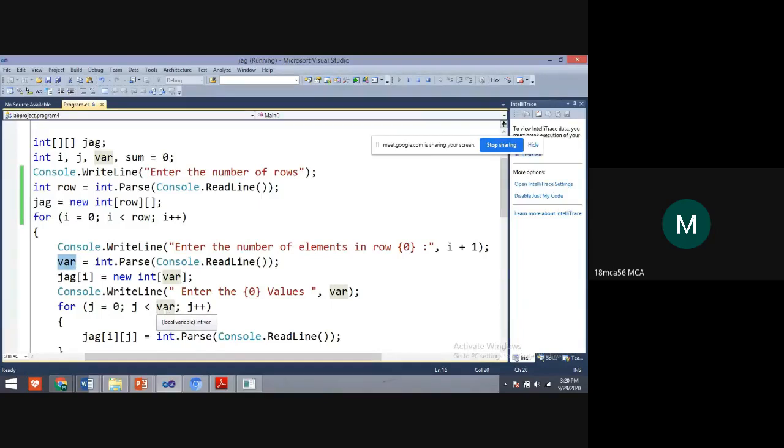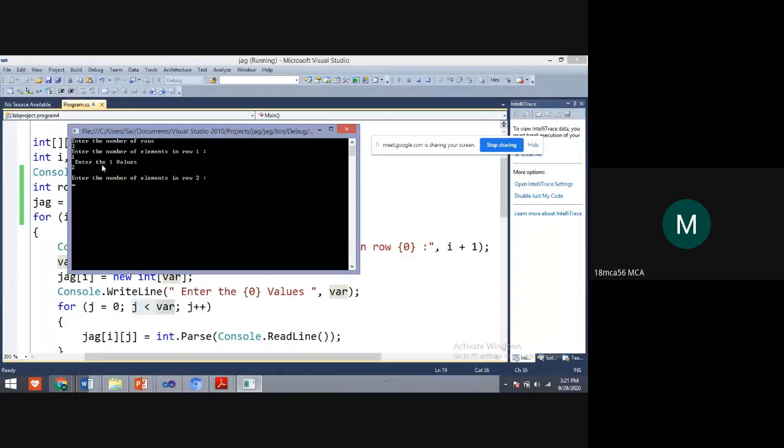How many values do you want for that particular row: first row, second row, third row? That's why we are taking this var value. Till this condition becomes false, that many times it will take the input. Now for the first row I have given only 1, then what will the var value be?